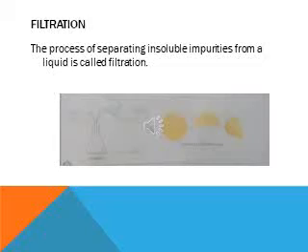Filtration. The process of separating insoluble impurities from a liquid is called filtration. For filtration, the method is to fold a filter paper as shown in the figure. Make a funnel by cutting the top of a plastic bottle below the mouth. Place this funnel on the bottle. Place the filter paper on the funnel. Pour ordinary tap water through the filter paper. The impurities in the water will remain on the filter paper and the water will be purified.